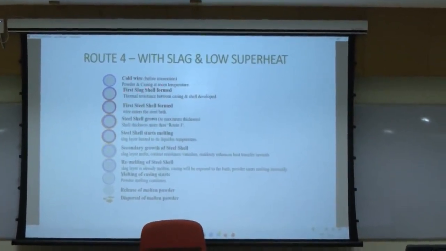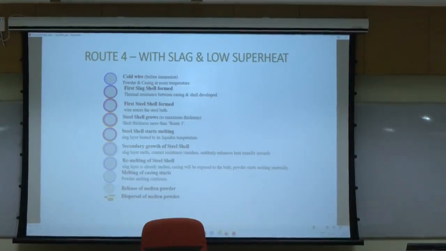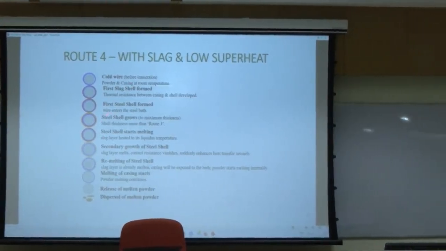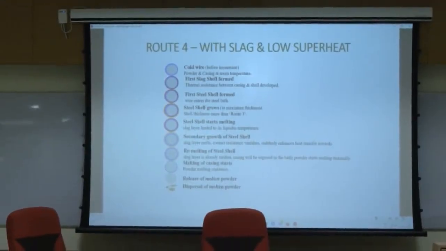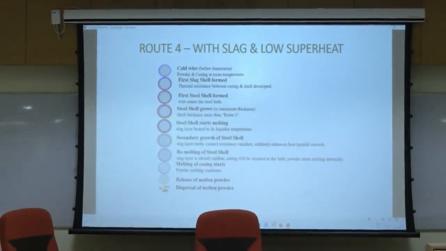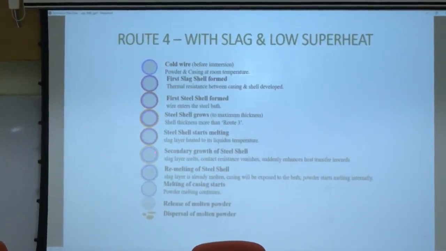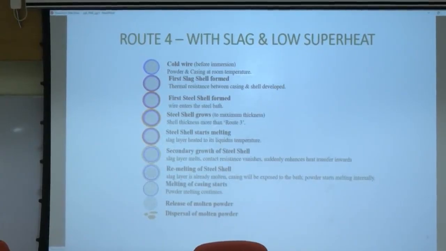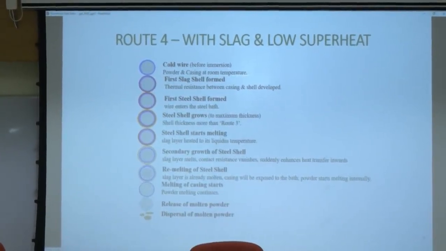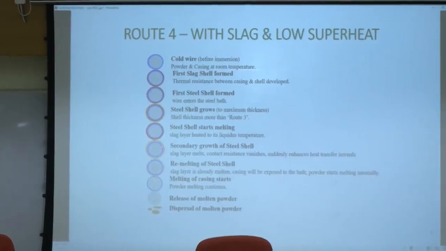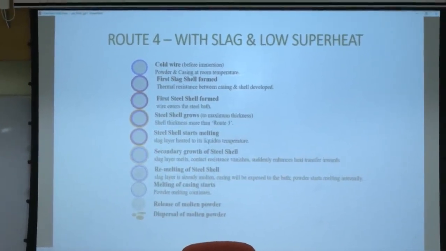And then first the slag cell forms, and over there the steel shell forms, and then the steel shell grows, then the steel shell melts back. But before the steel shell completely melts, the slag cell inside melts, because slag has a lower liquidus than that of the steel. So as soon as the slag melts, the contact resistance